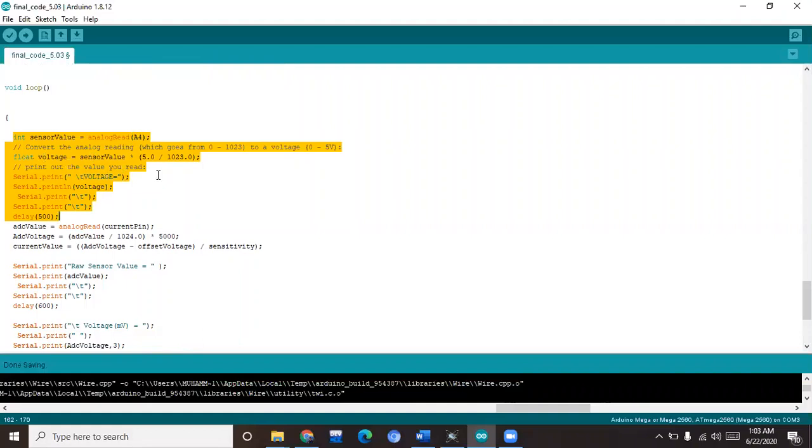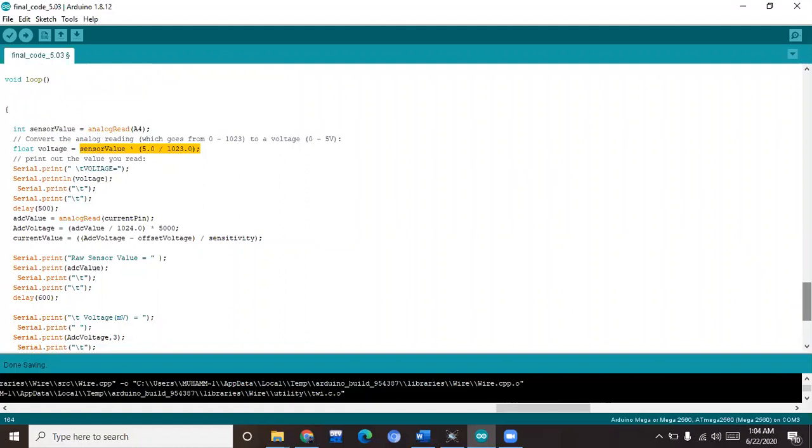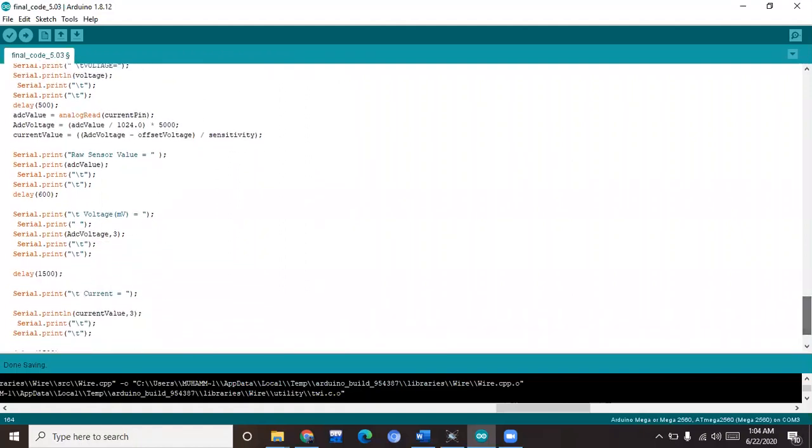For the output to be shown, the sensor value taken from the Arduino should be converted into voltage. So basically, there is a formula to convert the analog value to a readable voltage. And after that, it's the ADC volts.